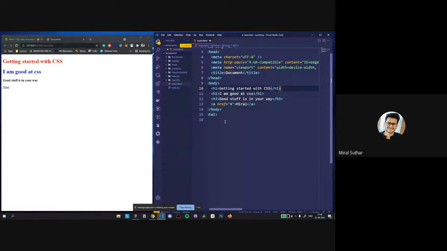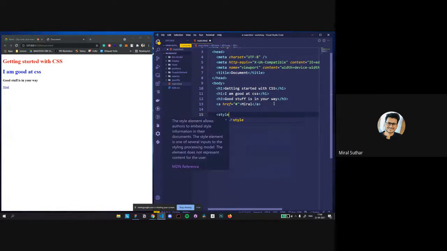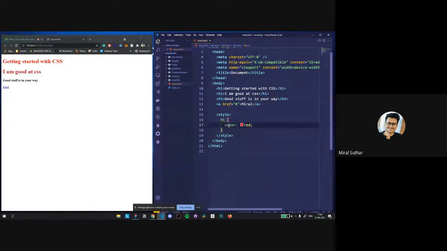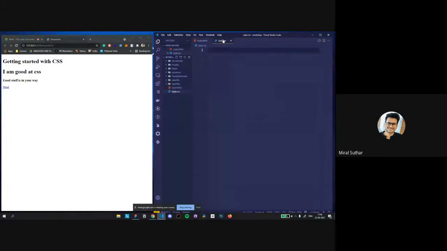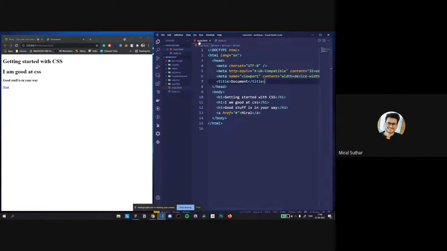The second way we can use is to put the style tag, the style HTML element tag, and then we can grab the H1 by just its name and add the color red. See, the whole H1 gets selected by just using the H1 tag in the style element. I still won't say this is a best practice, but you can use it if your code is small. The best practice, I will say, is to create a new CSS file, a .css file,